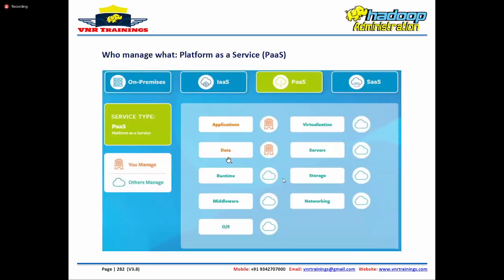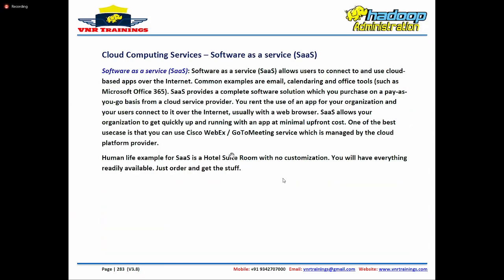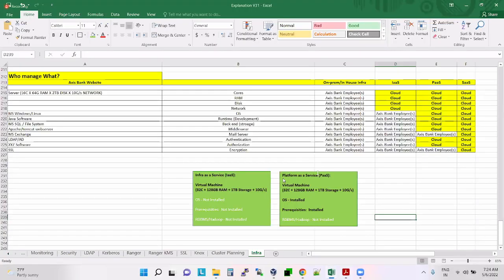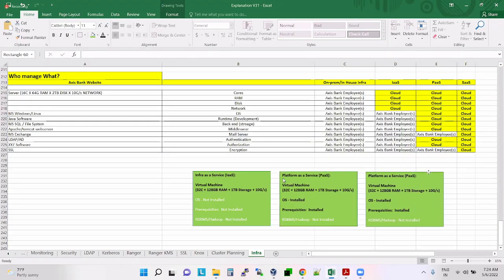And the last one is the SaaS model. What is the SaaS model here? Software as a service. Guys, have you ever logged into the Cloudera website?